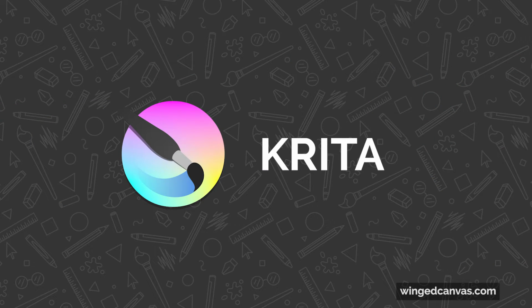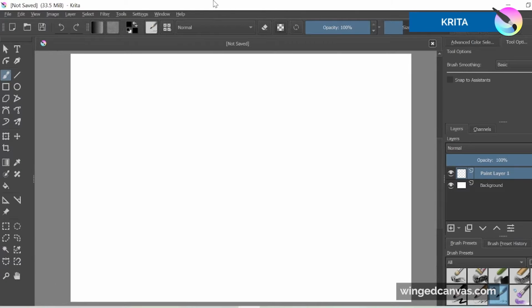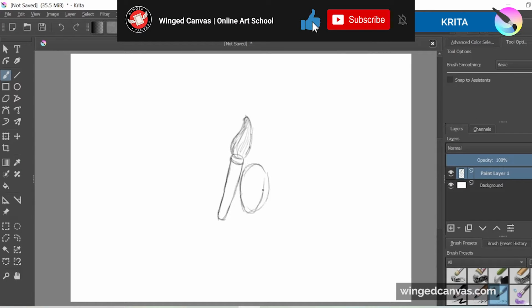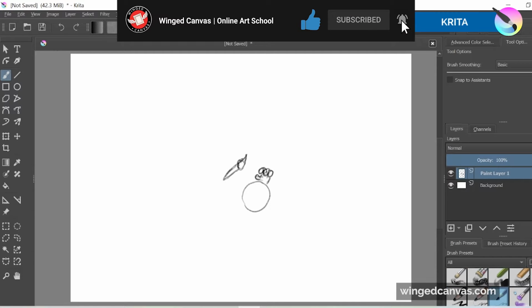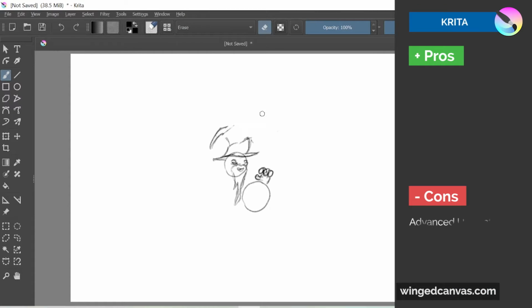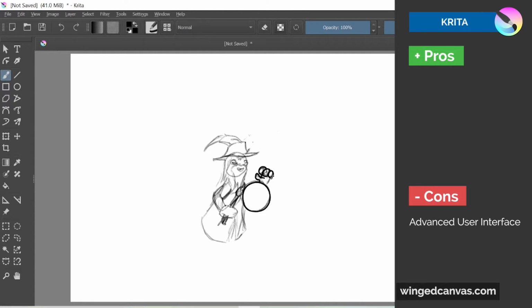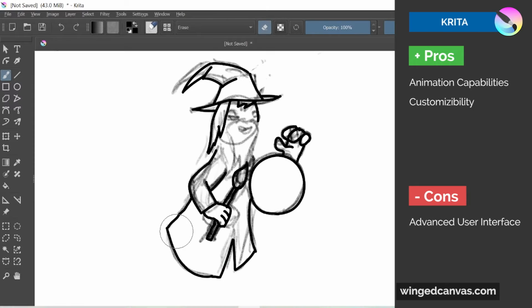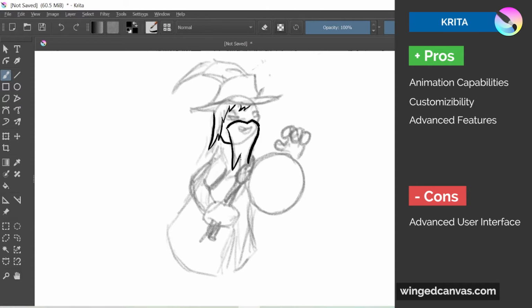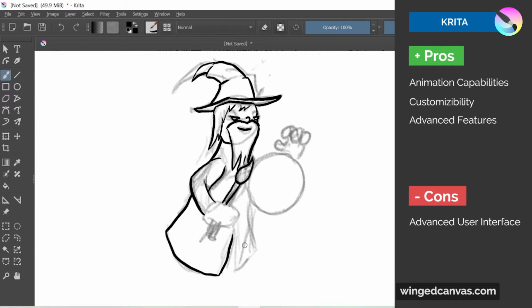Krita is a fantastic program in my opinion. Now that could just be me being biased since it was the first digital art program I ever used, but it's probably not the best program to use for beginners, as the UI can be very overwhelming if you don't know what you're doing, which gives it a bigger learning curve. But if you can get past that, the program has so much to offer, like animation. The program has customizability in brushes and preferences, and Krita also has fantastic features which include the majority of advanced features in other programs such as Medibang or Photoshop. Though it is much different when it comes to UI, so it may take longer to get used to the